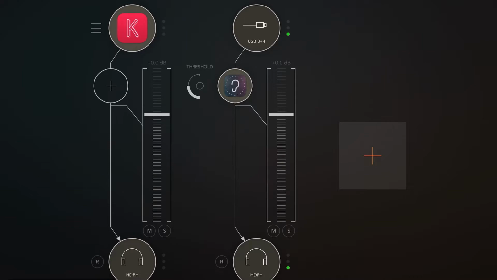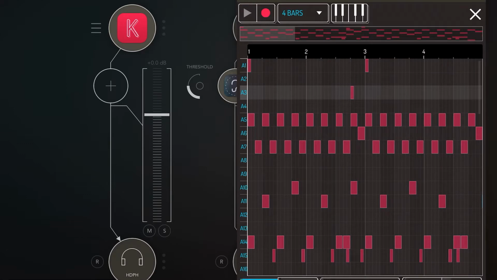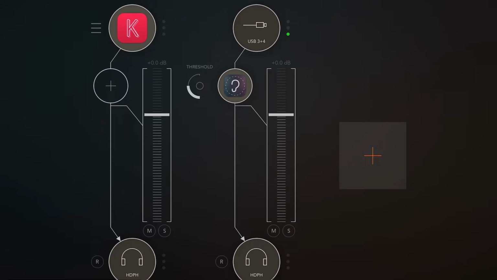So I'm going to open my Koala, and in here I've just got some standard drum sounds, and then I've sequenced them up into a 4-bar loop that's pretty standard and straightforward. So this is what it looks like, and this is what it sounds like. So what I want to do is take that very dry drum sound and turn it into something a